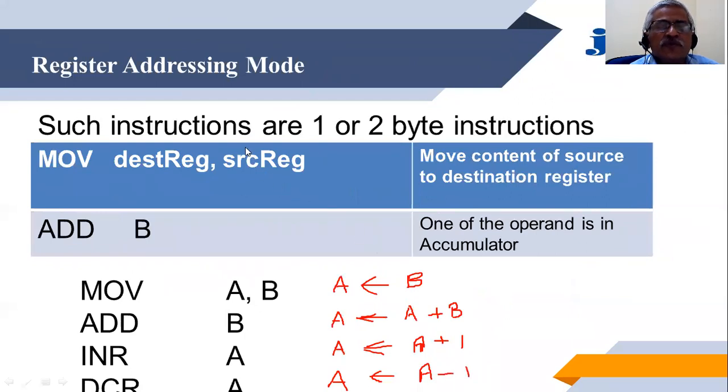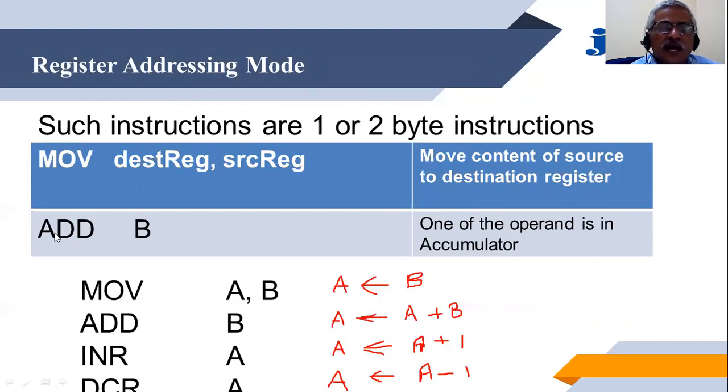The next type of addressing mode is the register addressing mode. In this addressing mode, the operands are stored in the registers, which are referred to here as a destination register and a source register. Generally the format of such an instruction is the operation code followed by the destination register, comma, the source register. And this source and destination will then refer to the places where the data are actually residing or where the data will get stored.